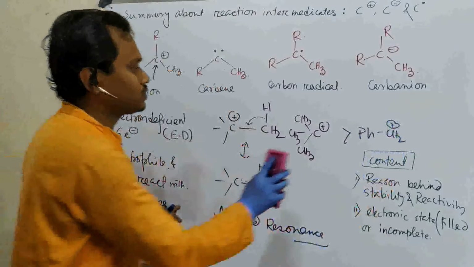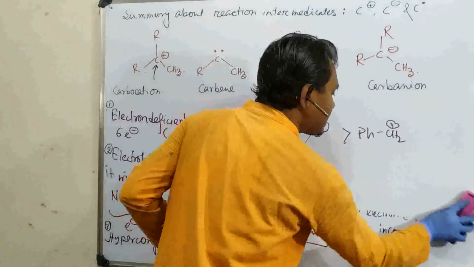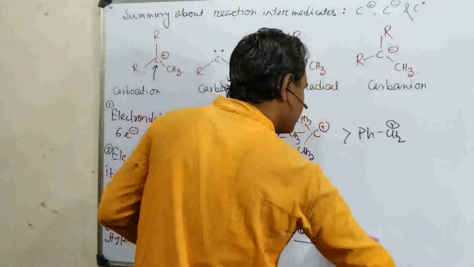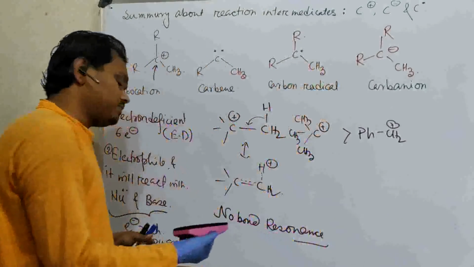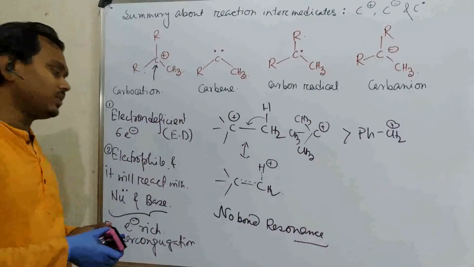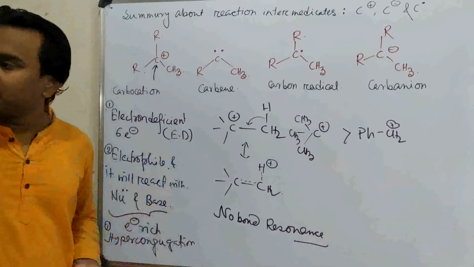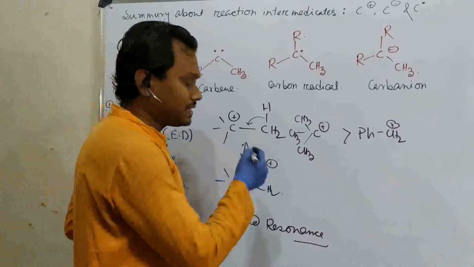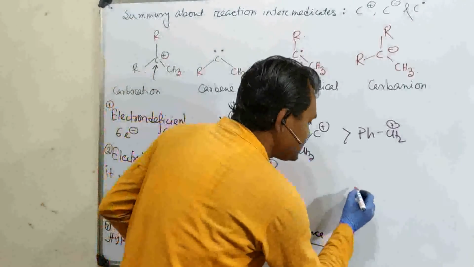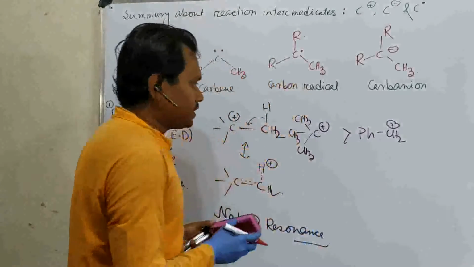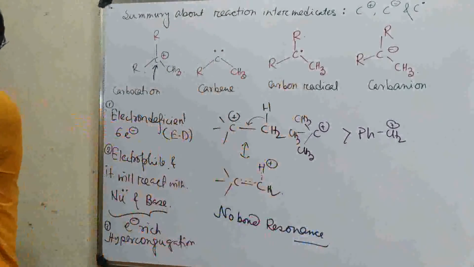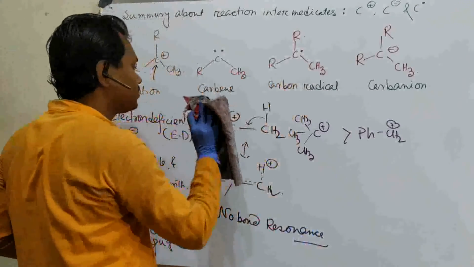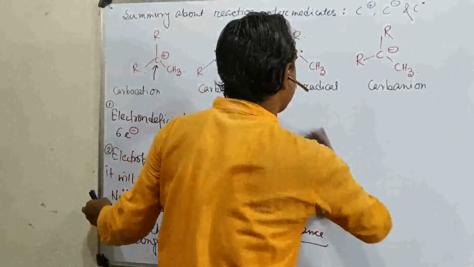Okay. So now, fine. We have discussed the stability of this carbocation species, meaning the reason for the stability. This is hyperconjugation. Not only hyperconjugation, if you have resonance also, that is stable. What is an example? Let me clean this a little bit. So one point is hyperconjugation, another point is resonance.